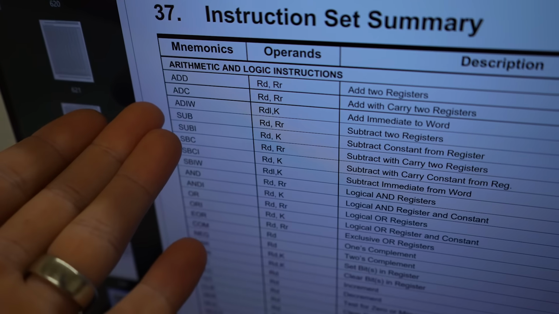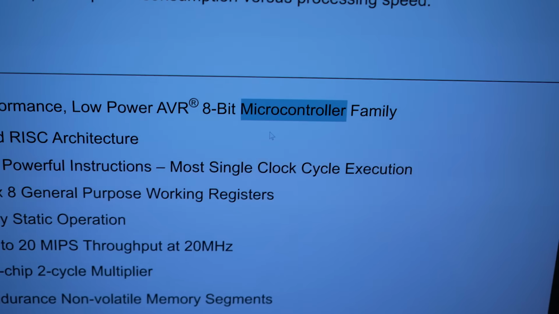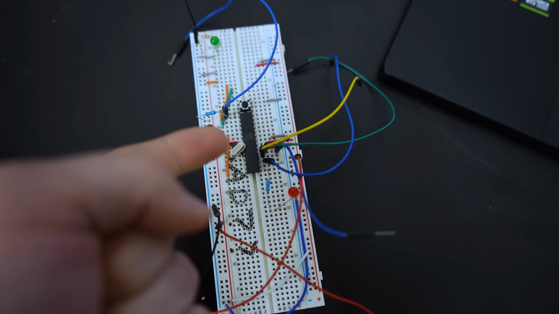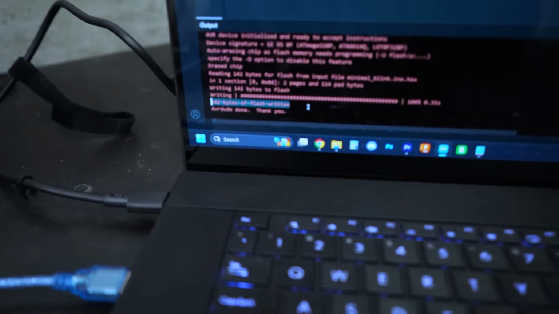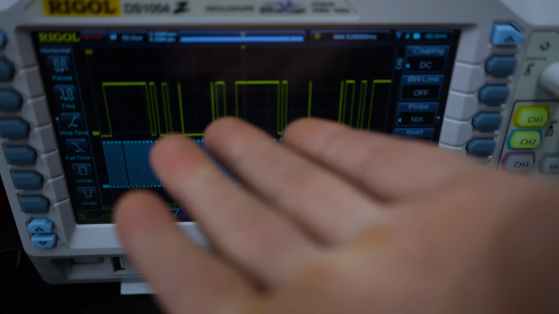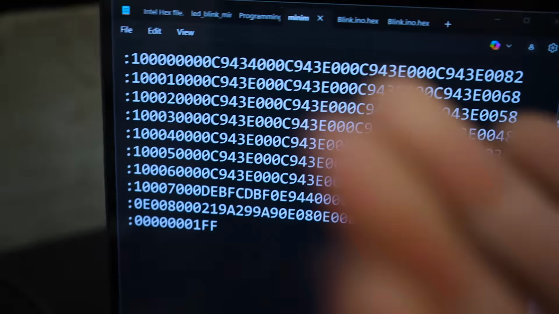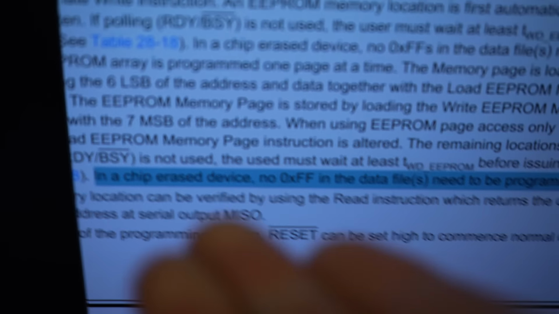What's an instruction? Why are there fuses? That's way more than 3 wires. This isn't even a computer, but a microcontroller? Why is this Arduino butt naked on a breadboard? Why are there thousands of bits to program this when my file is only 140 bytes? Why is my Arduino spamming FF even though this many FFs aren't even in the hex file and the datasheet clearly shows that it's unnecessary? What is going on? Why am I even trying to make this stupid video in the first place?